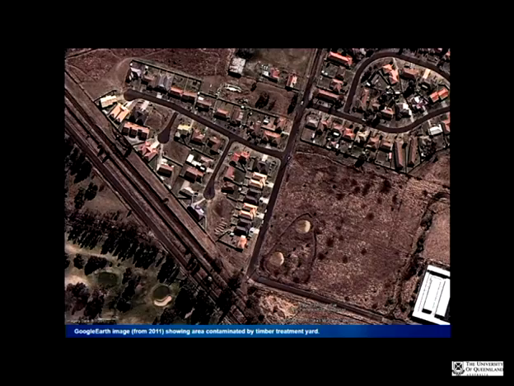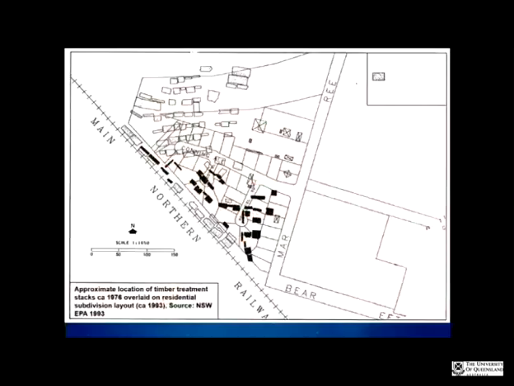What this is showing you is the development that took place on land that was contaminated. So this gives you an idea of the timber treatment stacks that were on the site. So this was a timber treatment plant. For those big telephone poles and things like that, they put them into large cylinders and seep them in this chemical to treat the timber. And this happened over a period of time, and the site became contaminated.